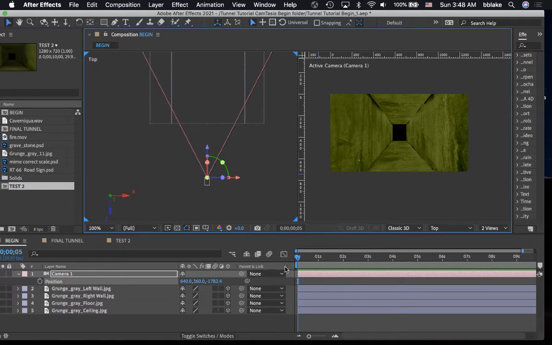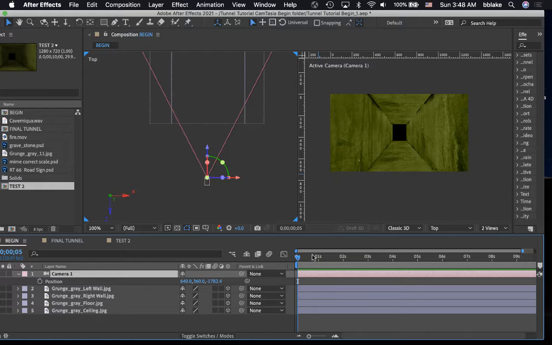Okay, and we're going to have to move the camera's position. So my playhead is at 0 frames. Oh, by the way, not that it matters because I've made this for you, but this is 10 seconds on the timeline. So I'm going to activate the position on 0 frame,